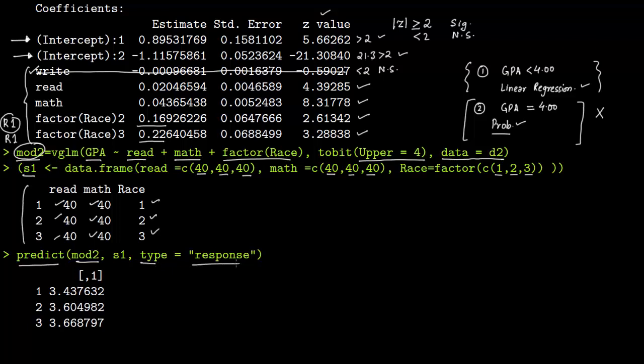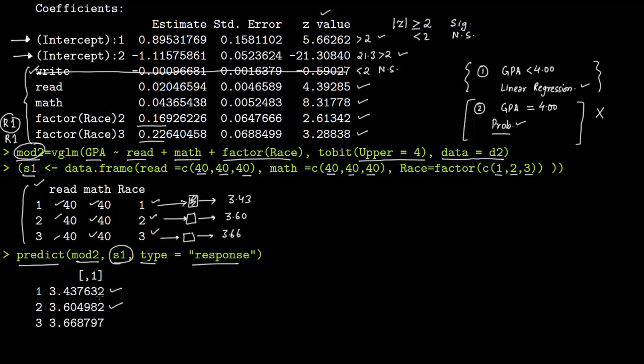Your type is response. So this is S1 as the data frame. This is precisely this data frame. So you feed in row 1. Your GPA comes out to be 3.43. So this goes into your model and the model gives you output of 3.43. So this row goes into your model and the model gives an output of 3.60. This third row goes into your model and the model gives the output of